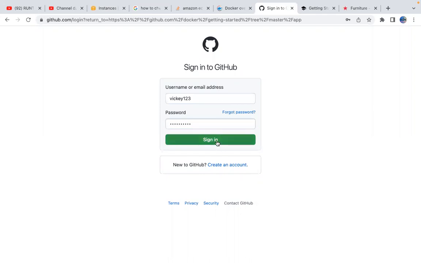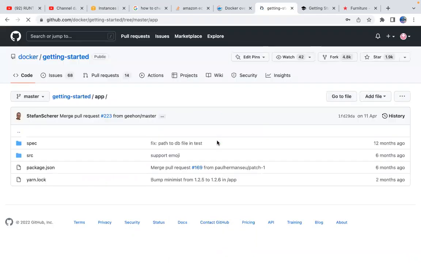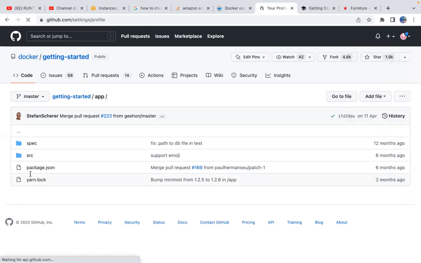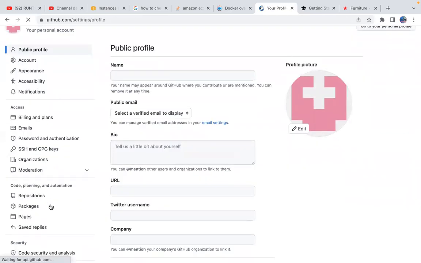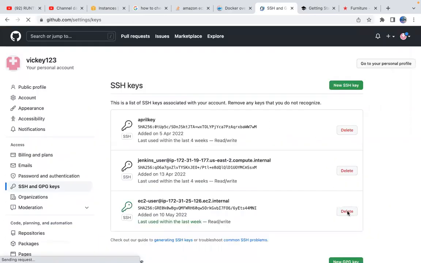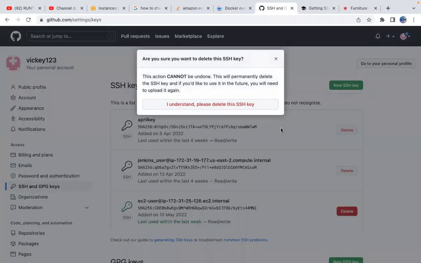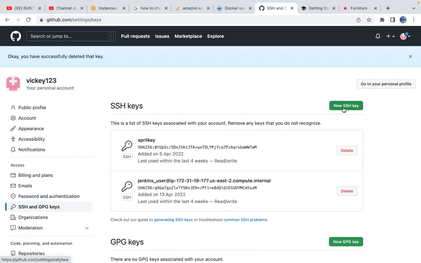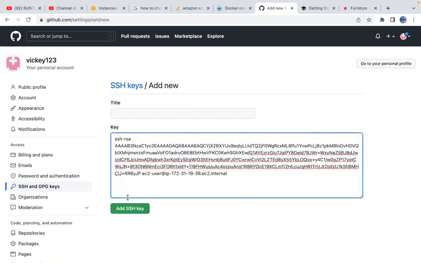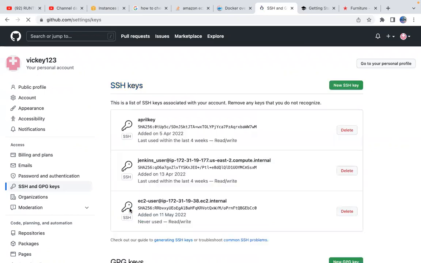Hopefully this will work. Okay, it's working. So I'm going to add my SSH key. I'll delete this key, that's yesterday's one, and add a new key. Okay, add SSH key.